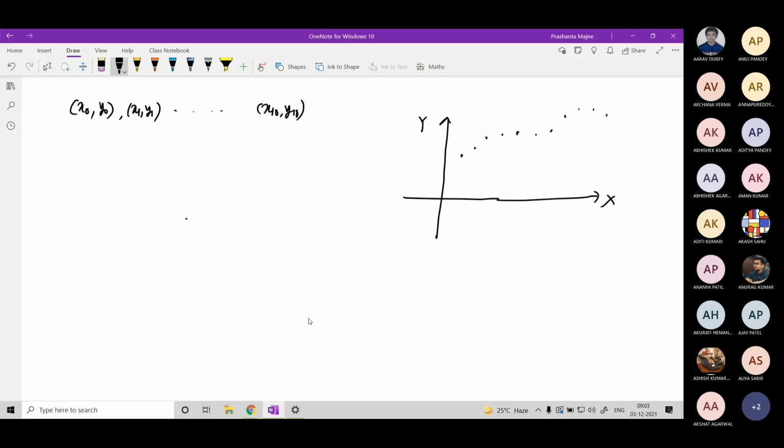Now, if nothing is mentioned, then there are infinite ways to pass a curve through the points. So in our particular topic, we are going to discuss polynomial interpolation. We are going to fit only polynomials through the data points, not any other kind of curves. There are other kinds of interpolation like trigonometric interpolation and interpolation by Bessel functions, but we are not going to talk about them right now.